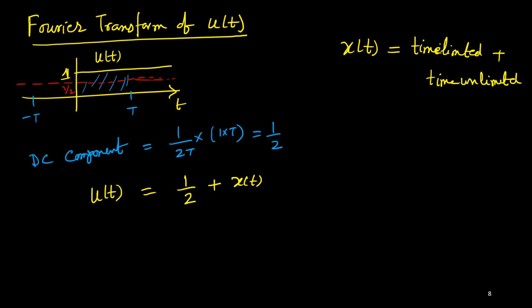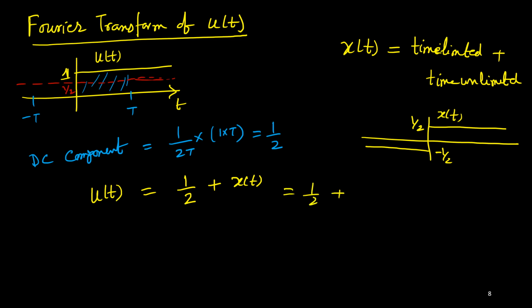Okay, so this xt curve will be, so I'll subtract half from right side, so again it will remain half, and left side it was 0, 0 minus half means it will become minus half. So this is becoming xt, yes, this part. And you see, this looks like, exactly it is a signum function, but amplitude is scaled by half. So exactly this is half times signum function,